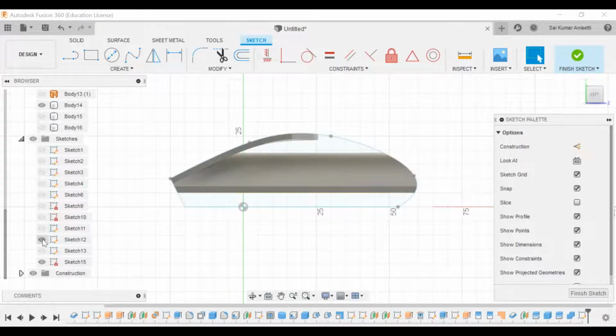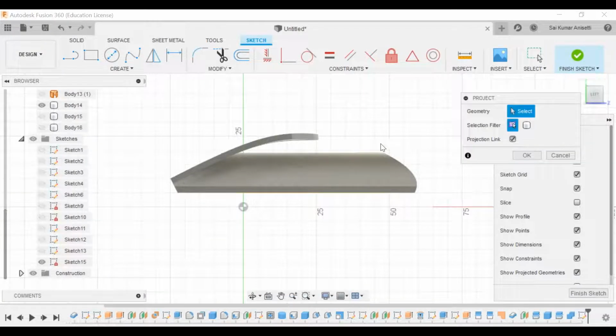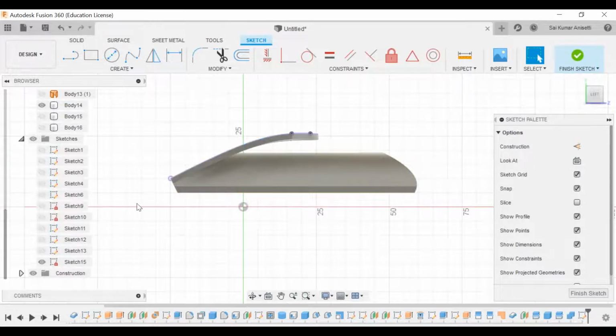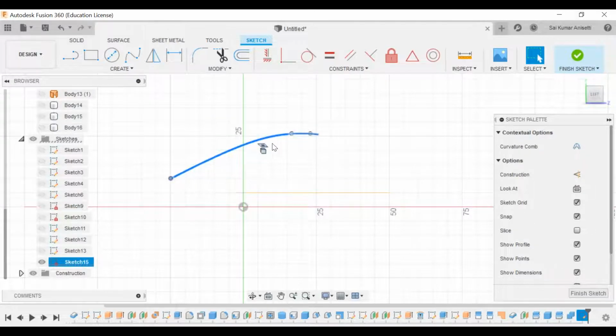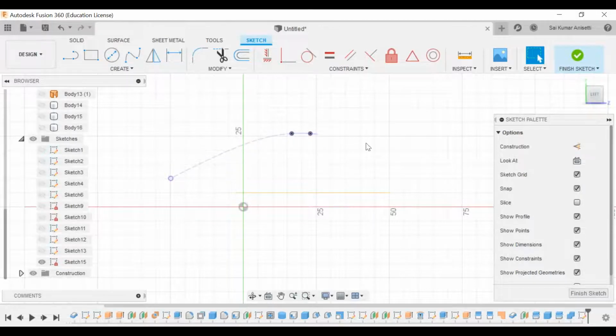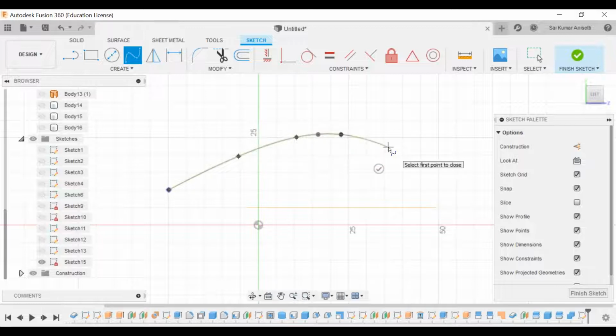Now what I'll do, see, if I don't have the sketch, I'll create a project. Go to project, select this surface, select all my given edges, click OK. Now if I hide that particular body, I'm getting that particular spline. I don't know the control points of the spline. Now I'll turn that into construction elements. With respect to this, it becomes my reference surface now. Reference line.